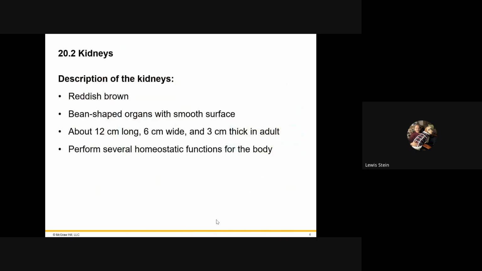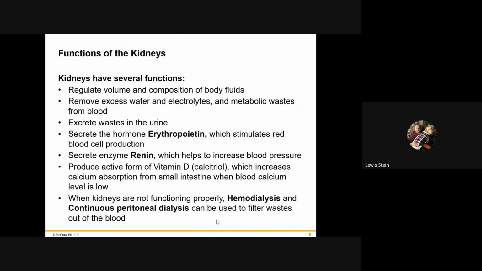This is anatomy to me. All of these things just to go over the get water and electrolytes, waste